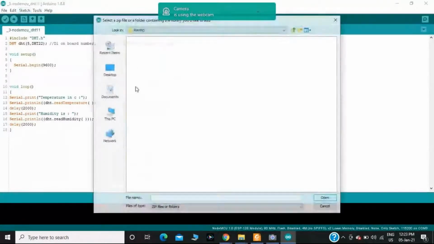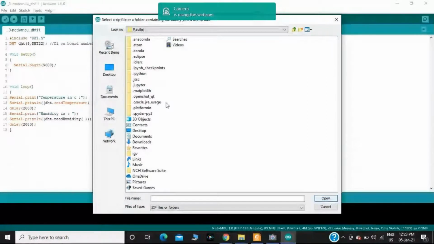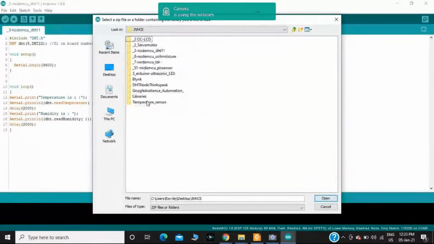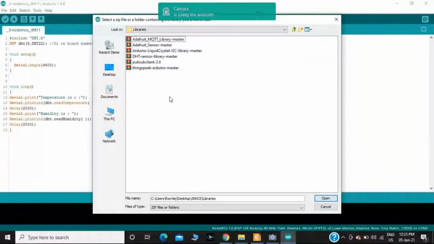In my case, I have already downloaded the DHT library in the folder JNNC. On the internet, you will find the DHT sensor library master. Click on this one and click Open.